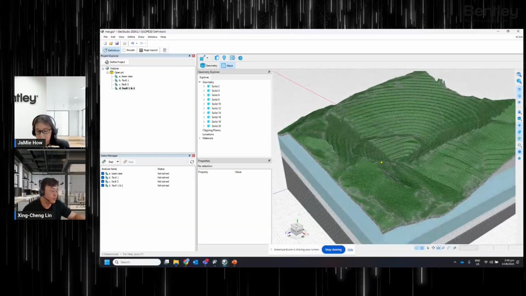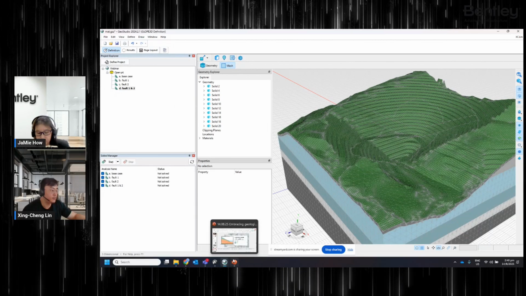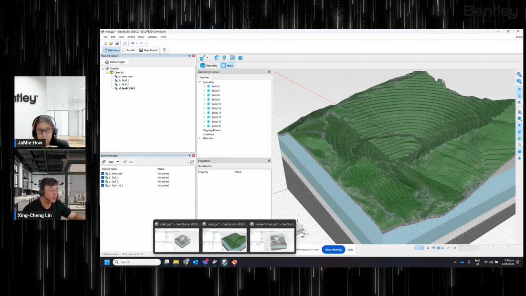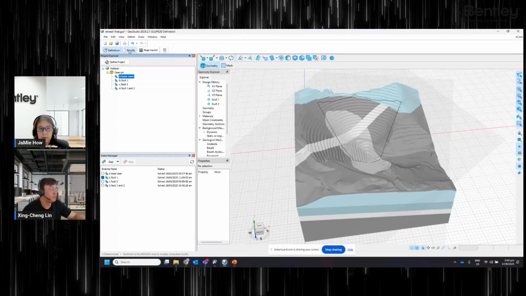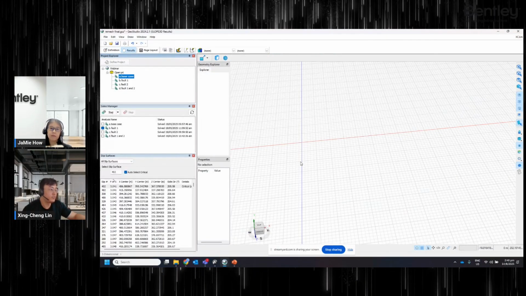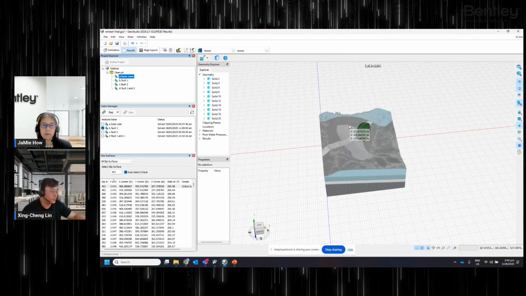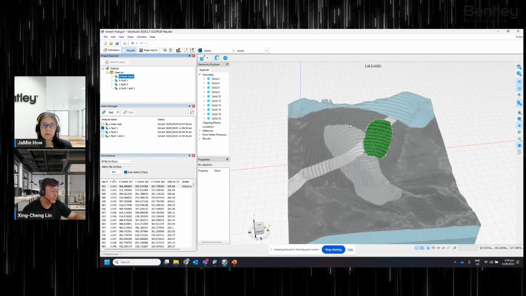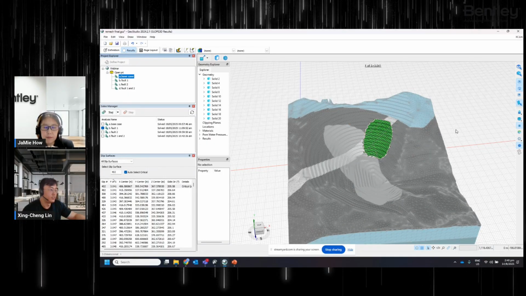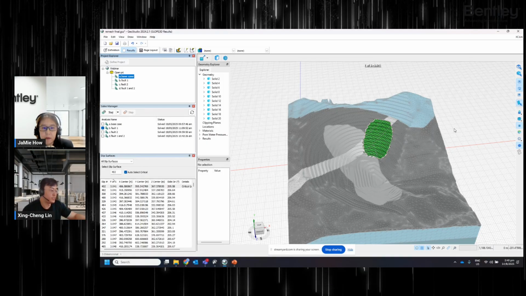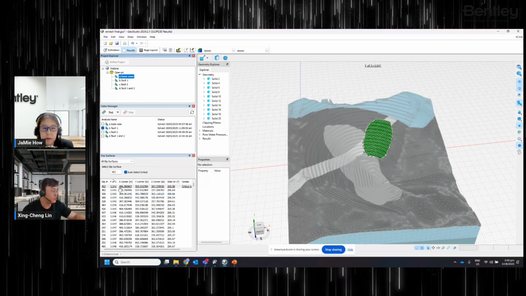So let's look at the result. First, we're going to look at the base case, that's without any fault in the model. All right, so we see that the factor of safety for the critical slip surface is around 3. So this is when there's no fault present in the model. So notice over the left-hand side, just like in SLOPE/W,